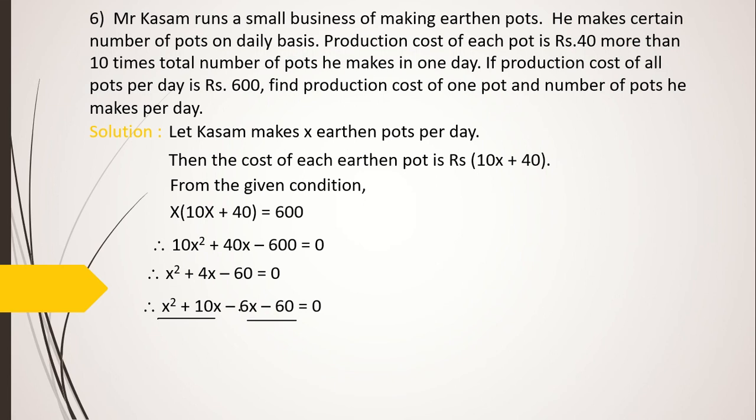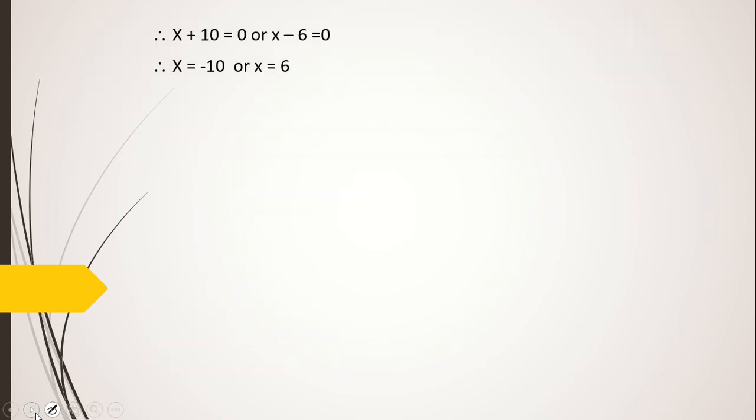So when minus goes outside, inside the bracket you will get plus, x plus 10. Okay, so here we take x common and here we take minus 6 common. Now this x plus 10 bracket is common, take it out. So we get our factors x plus 10, x minus 6 is equal to 0. Now equate each bracket to 0. X plus 10 is equal to 0 or x minus 6 is equal to 0. Therefore x is equal to minus 10 or x is equal to 6.